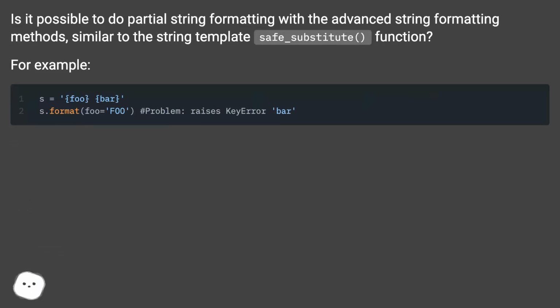Partial string formatting. Is it possible to do partial string formatting with the advanced string formatting methods, similar to the string template safe_substitute function? For example,